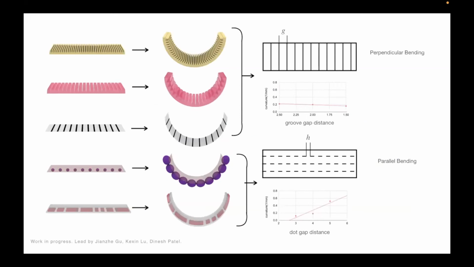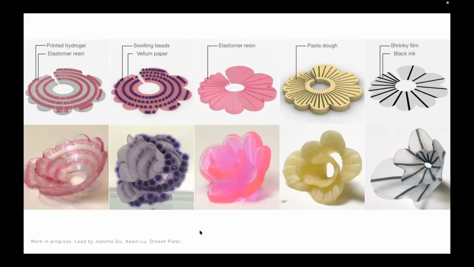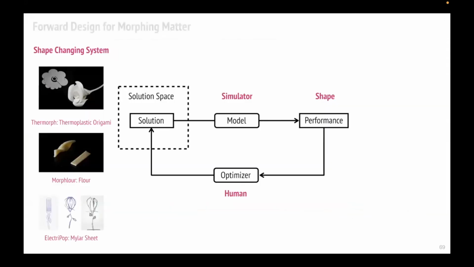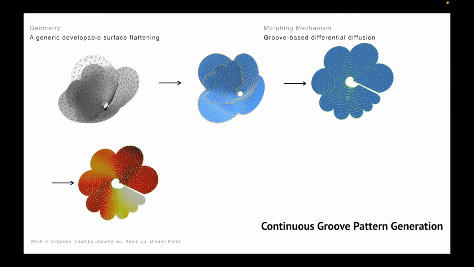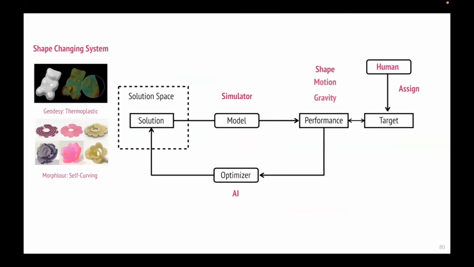And this groove principle is actually pretty general, so it can go to a lot of materials like gelatin, hydrogel, and plastic, shrinky dink. So a lot of shape changing materials can use the same mechanism and the same inverse design tool and show the same geometry. So I would say all these tools are getting more and more general, both algorithm-wise and material-wise. So it seems like inverse design is saving a lot of human energy and giving us a much better life. However, what can we go even further? So far all the performance is only about the shape, but